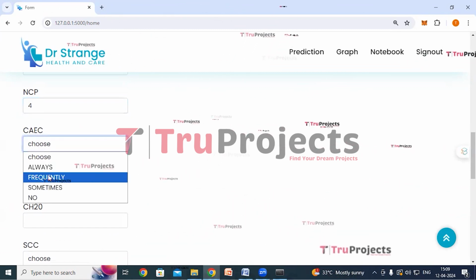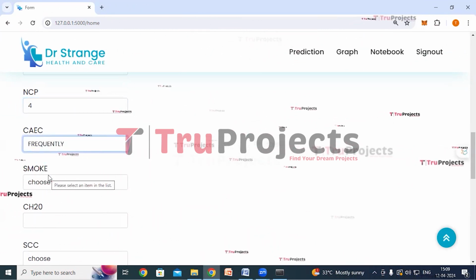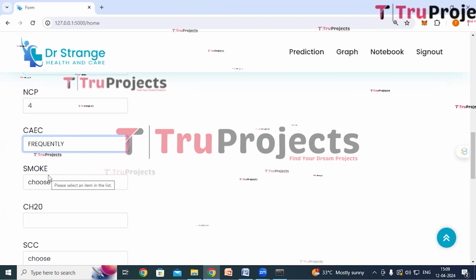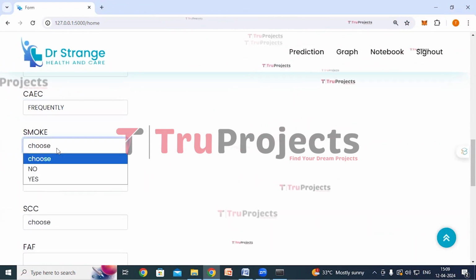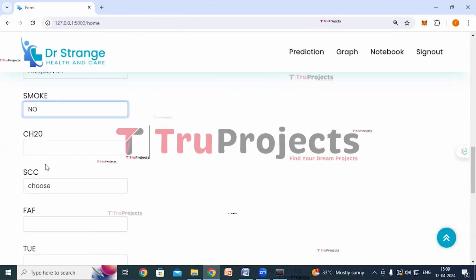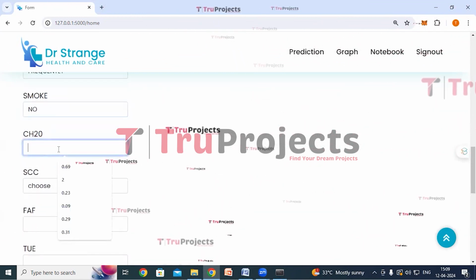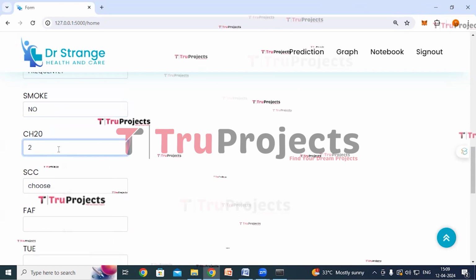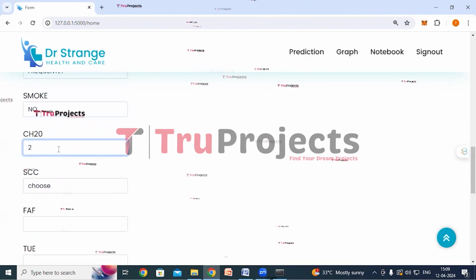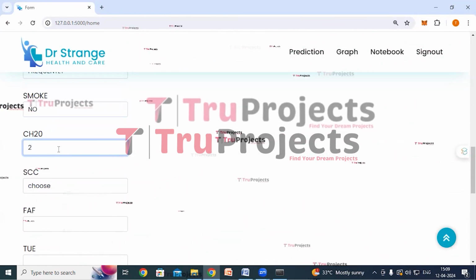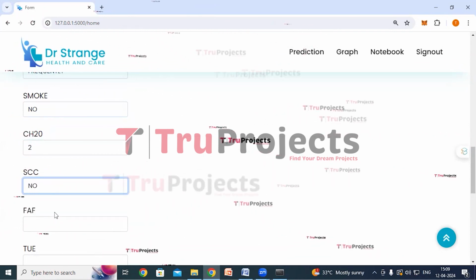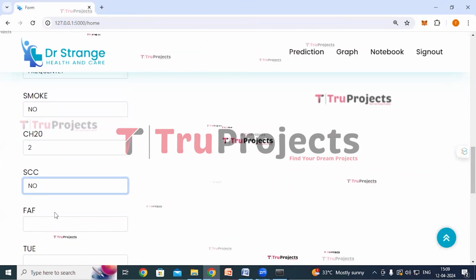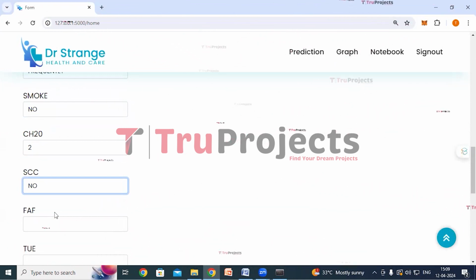CAEC would be frequently. So it represents the frequency of alcohol consumption by the individual in group. Smoke would be no, she doesn't smoke. CH20 would be 2. That means she consumes 2 liters of water a day. SCC is no. So SCC stands for calories consumption monitoring. That means she doesn't